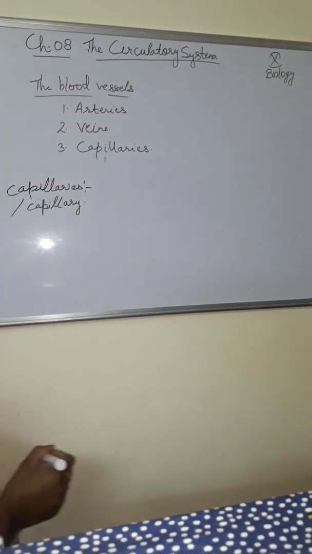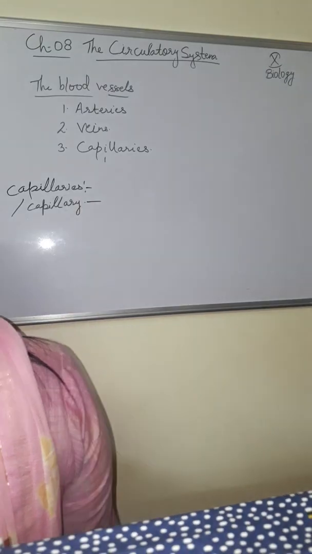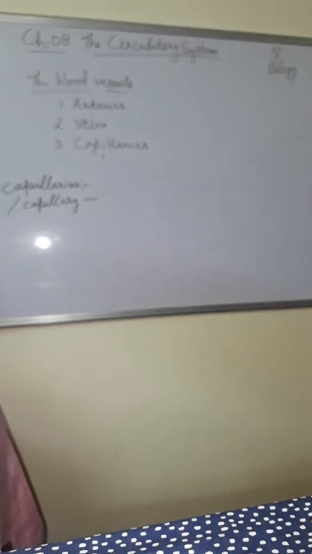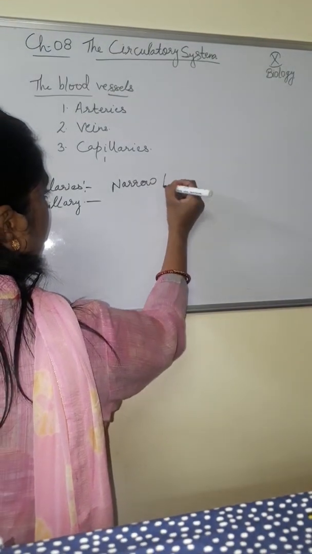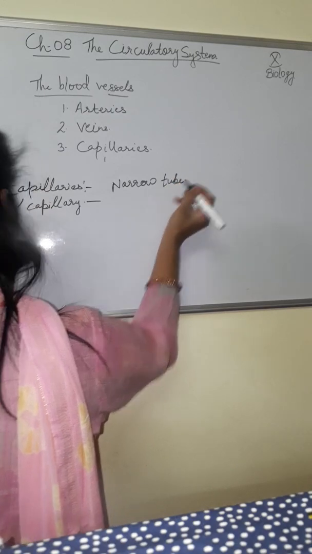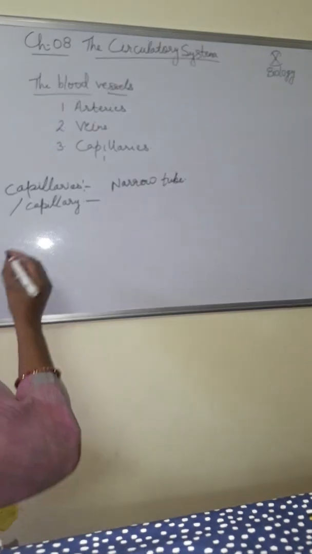Okay. Capillary is a narrow tube. Narrow tube. Okay. Its wall consists of a single layer of squamous epithelial